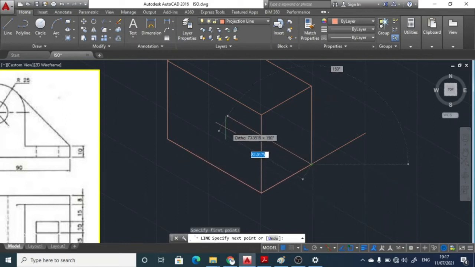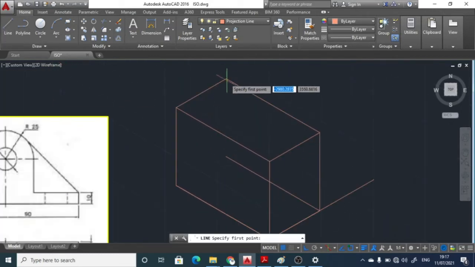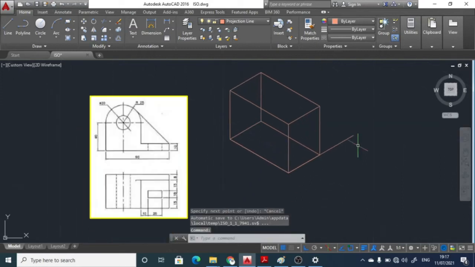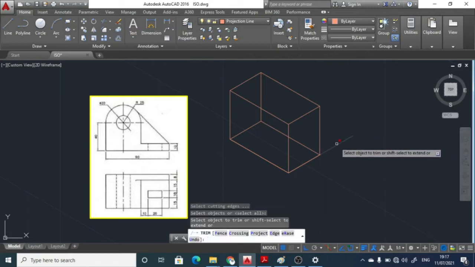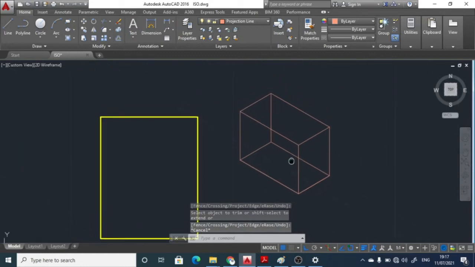Similarly, on the lower side we can draw the length of 90 mm, and we try to complete this. The vertical line we are going to join is a 65 mm line, and this horizontal line we're going to join is a 48 mm line. So in short, this is a 3D box type of structure we have drawn over here. The rest of the part we're going to trim over here. So this box is ready now for drawing your diagram.